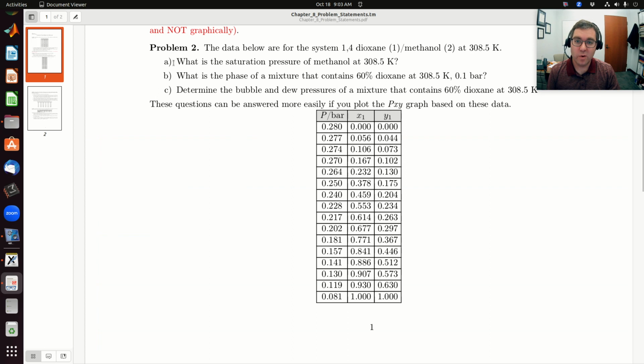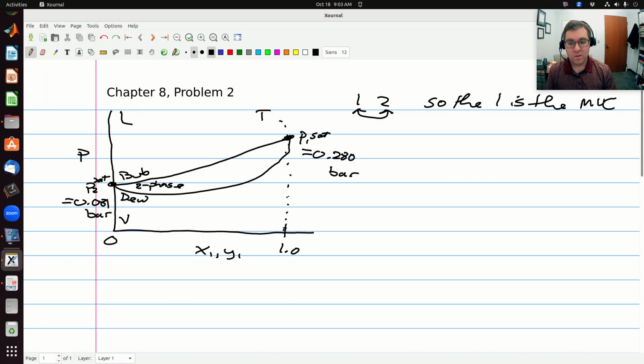So the first question is, what is the saturation pressure of methanol at 308.5 Kelvin? Well, in the problem's notation, methanol is component 2. So if I find pure component 2, which is this, then this would correspond to P2 sat, the corresponding saturation pressure, and it'd be 0.280 bars. Okay, so the saturation pressure of methanol is 0.28 bars. Okay, so the answer to A